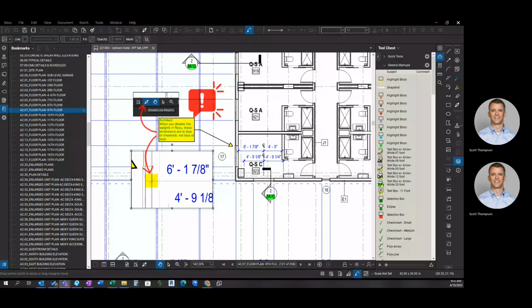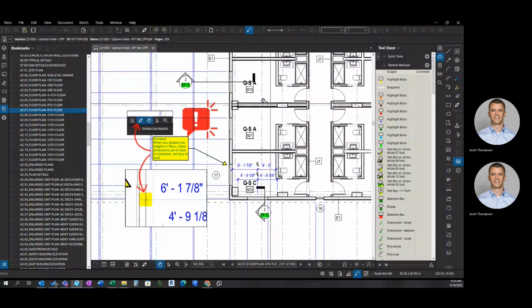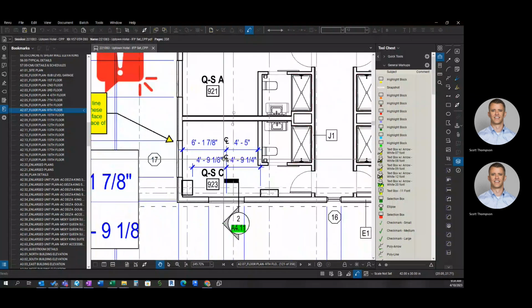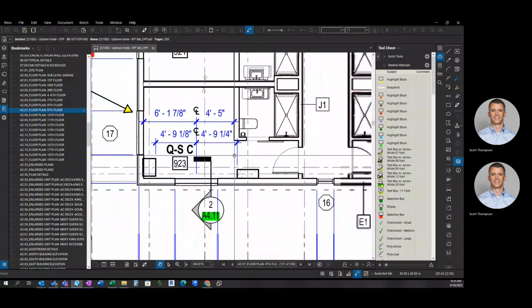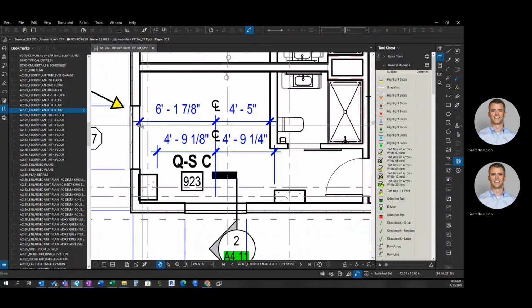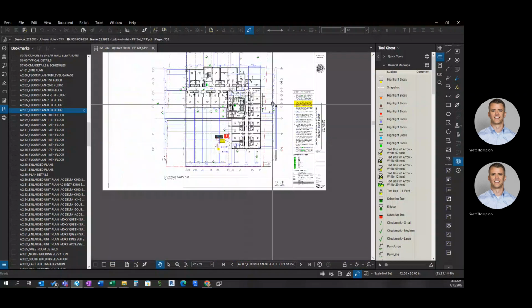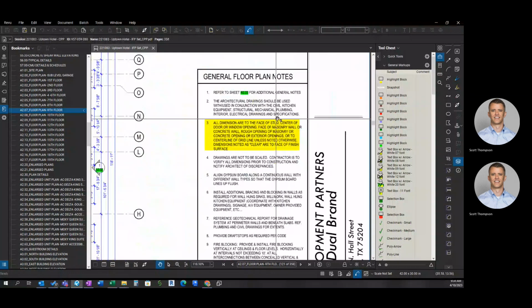All right, so I wanted to take a minute and talk about disabling line weights in Bluebeam Review. Came across a great example while reviewing drawings for the Uptown Hotel project, and saw some dimensions the architect had placed on this floor plan, and really wanted to double check and make sure these dimensions were accurate. So if we zoom out here on the floor plan and go over to the general notes, we